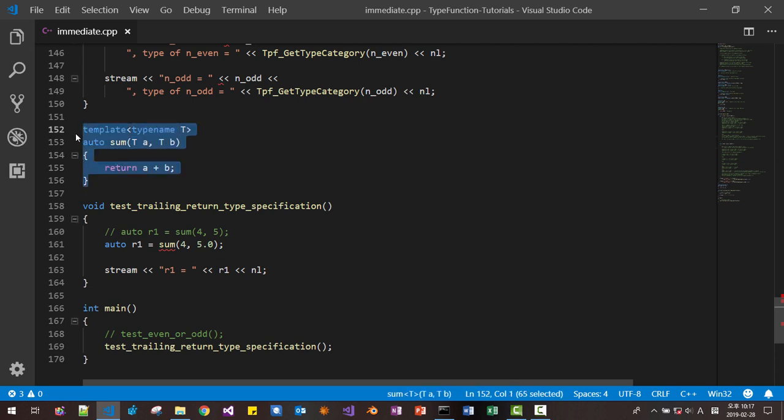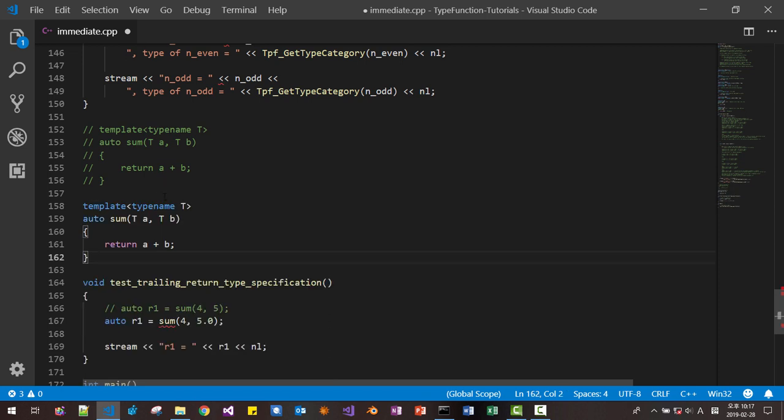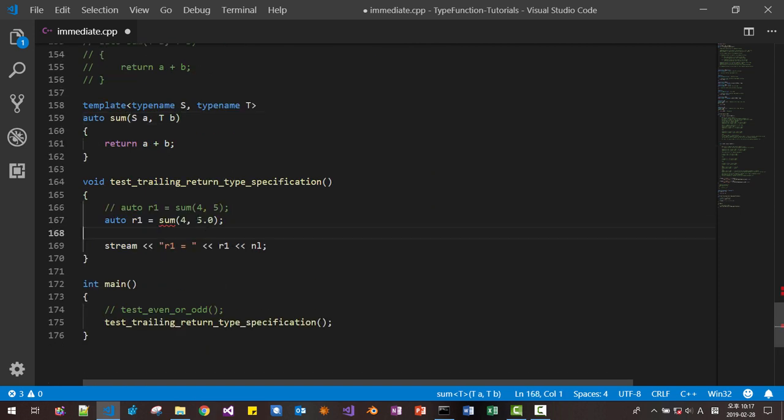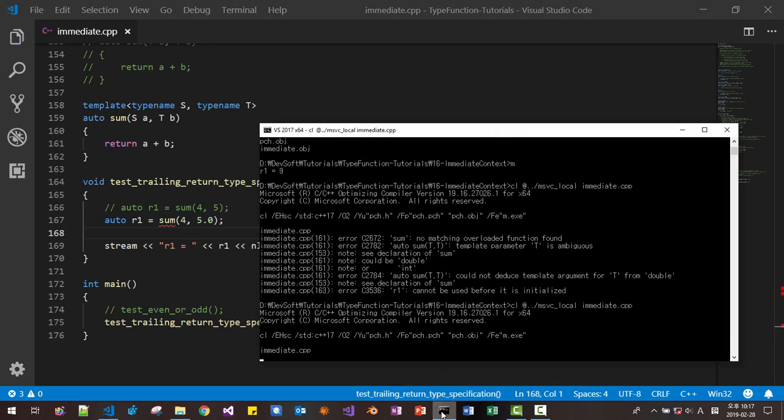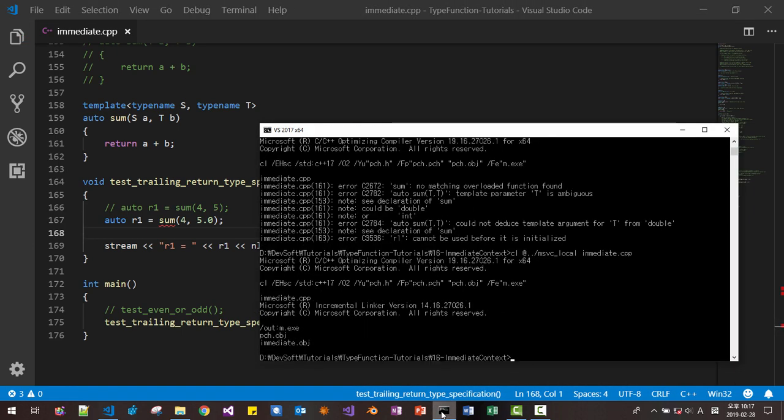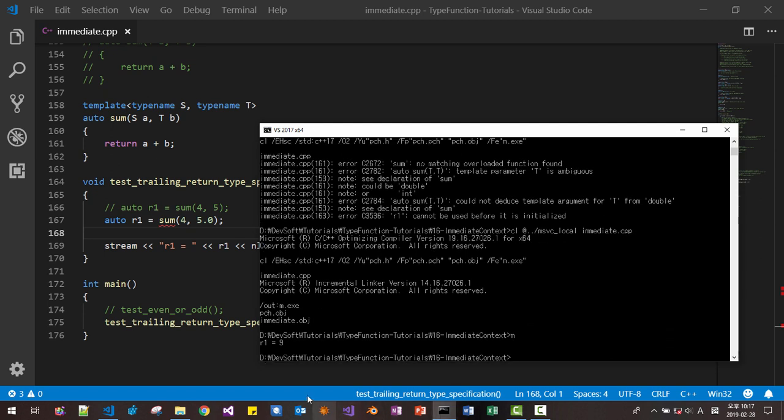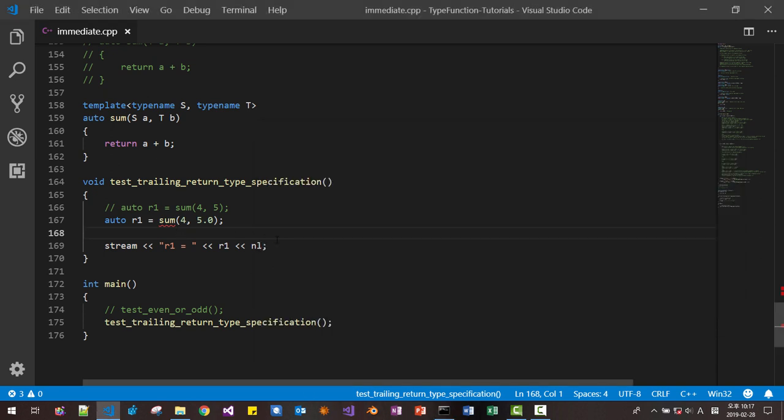So we disable this and introduce a new template parameter like this, typename S, and S. Then let's try this function. This is the fixed one, and now it works.